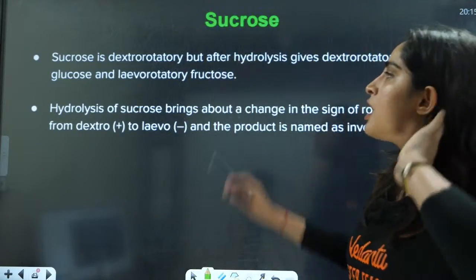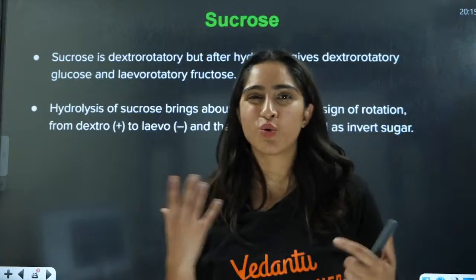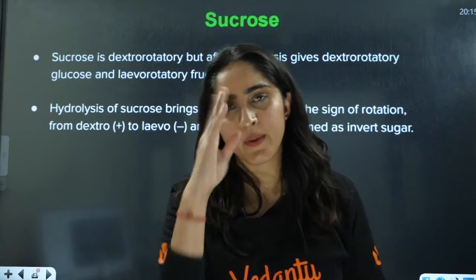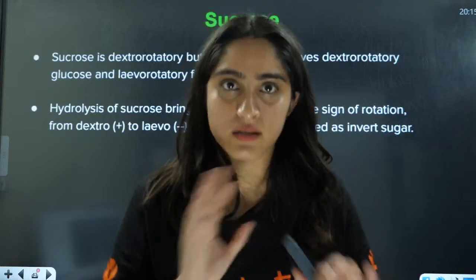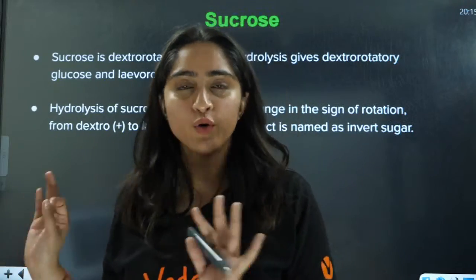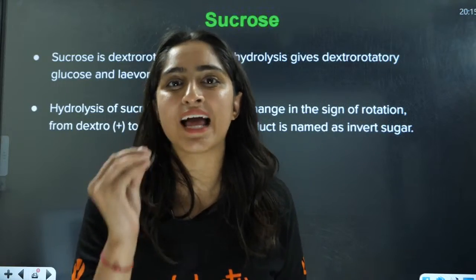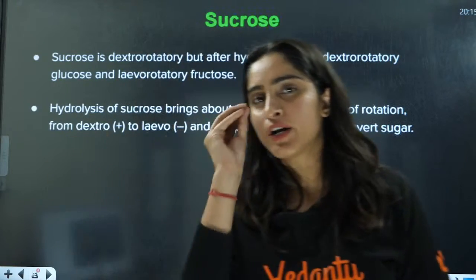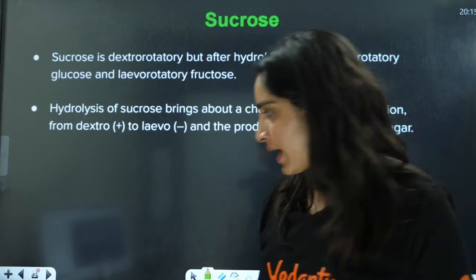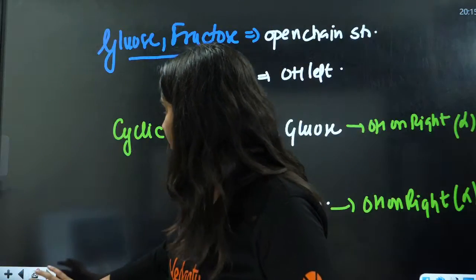Yes, perfect. So now let us draw the structure of glucose, sucrose and all that. Here you just need to remember the glycosidic linkages. That's it. If you know how to draw the structure of glucose and fructose, you just need to remember the glycosidic linkages. Right? 1, 2, 3, 4 carbon here. That's it.